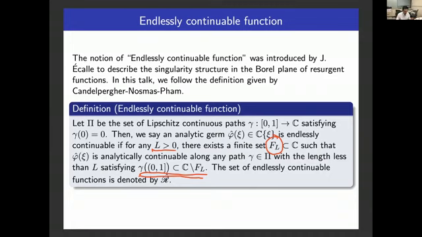So this is the problem, because if the function has dense singular points in the complex plane, the analysis becomes very complicated. But this kind of function appears in the analysis of differential equations. So we define endlessly continuable functions in this way, but we actually face this kind of situation when we analyze a differential equation.